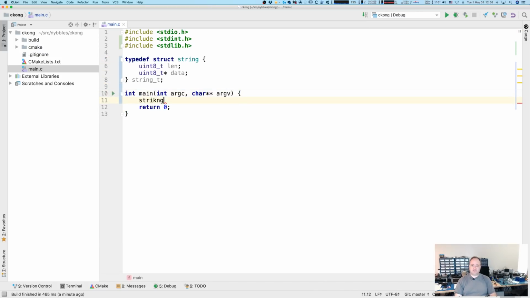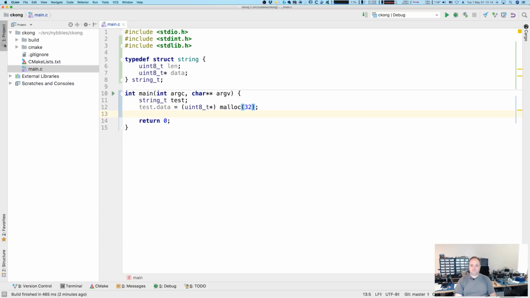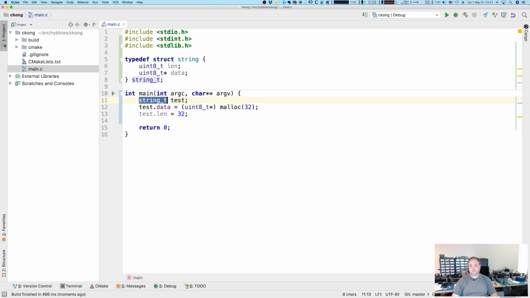So now I can do string_t test. Then test data is uint8_t, malloc 32, test length 32, right? And that is equivalent without needing the struct, okay? So, very important point. So now what we're going to do is, if we wanted to create strings, let's say